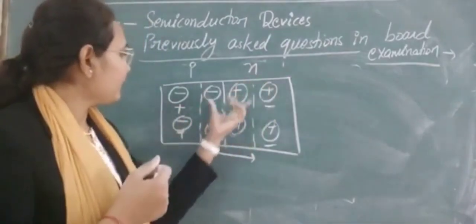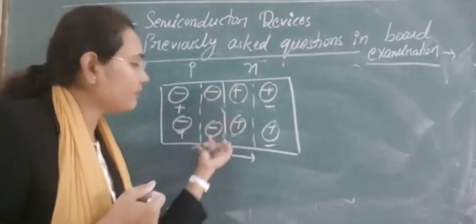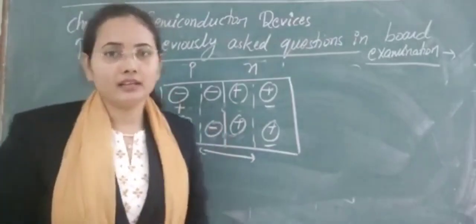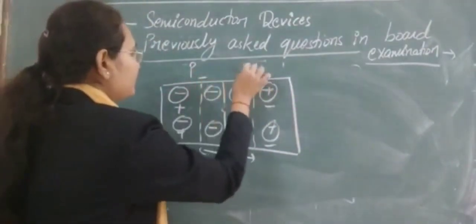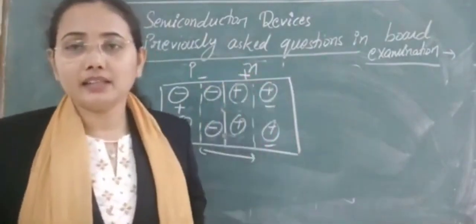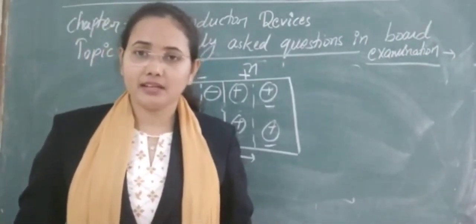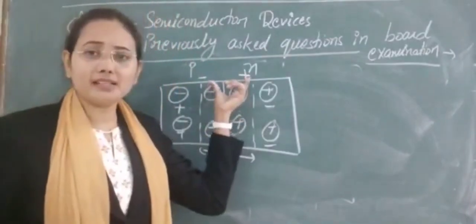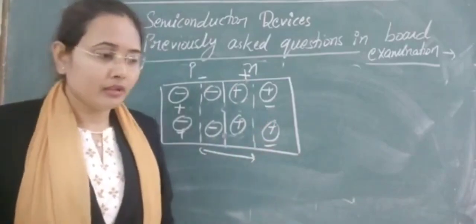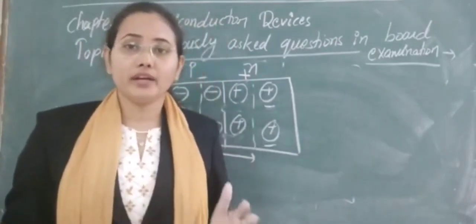As you can see, this is just like two plates, and positive carriers and negative carriers are accumulated on those plates, so definitely there will be a potential difference created across the two plates. Here a negative potential and a positive potential are created, and due to that a potential voltage is generated in the junction. That voltage is known as junction potential or potential barrier. Clear? Now this potential barrier tends to oppose the further movement of any kind of charge carriers through here.